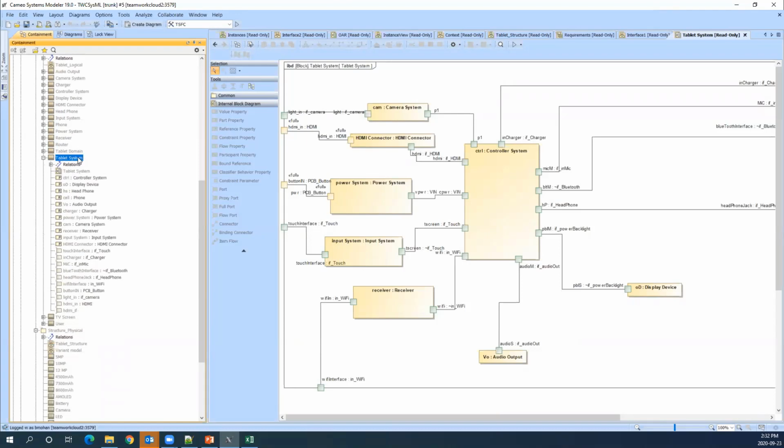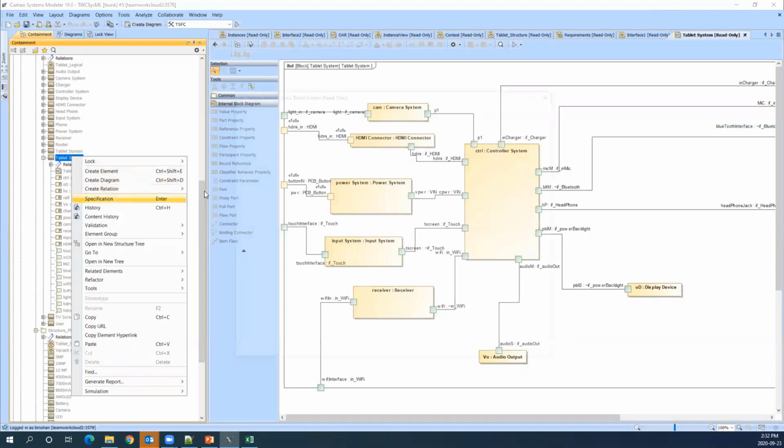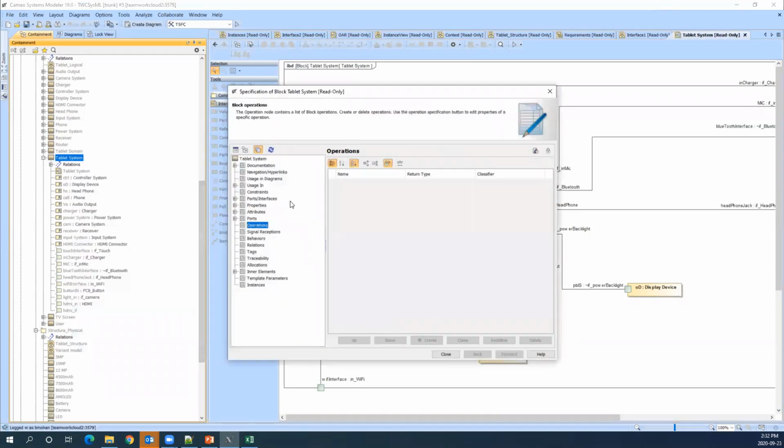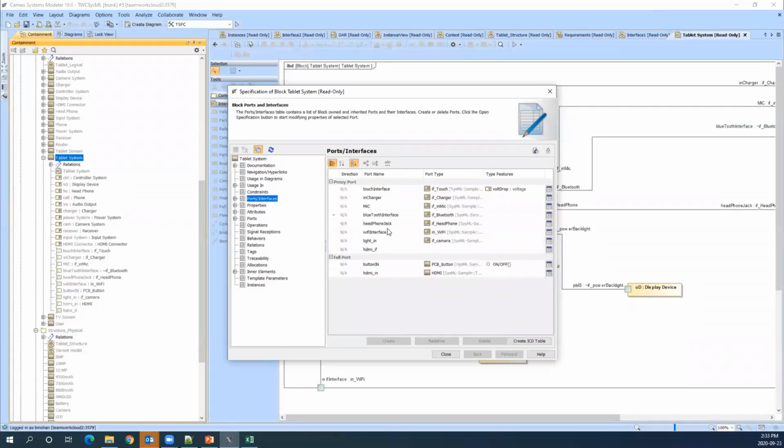So here is the tablet system. I'm finding the specification. If we go to the ports, here you can see the HDMI interface that we added with MapleMBSE. Since we did not add any type, but added only the HDMI interface, you are seeing it here.